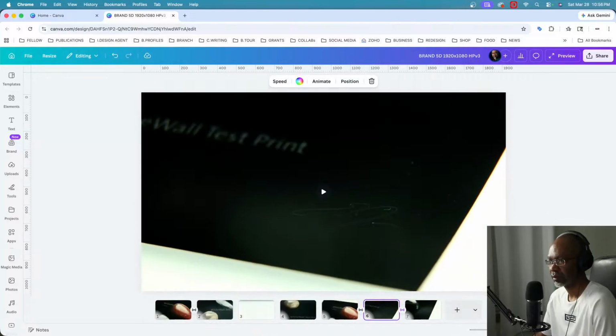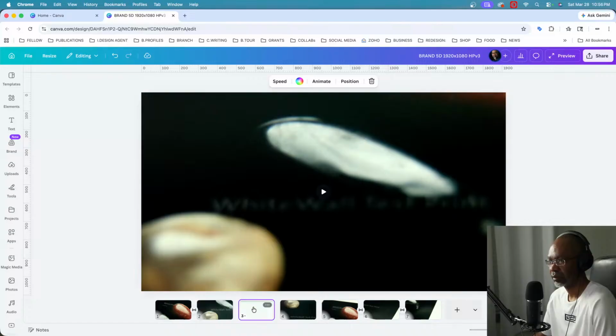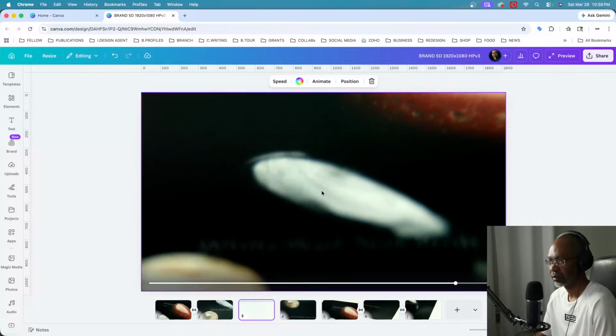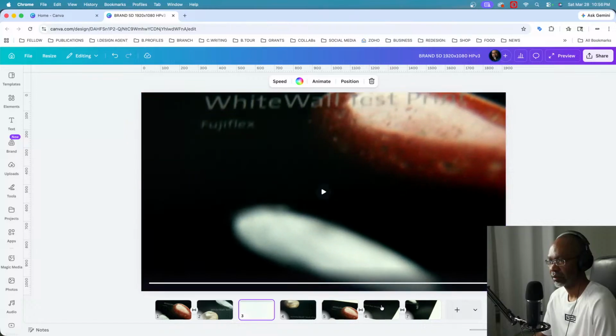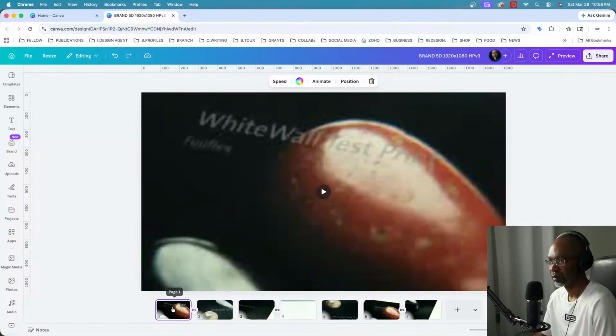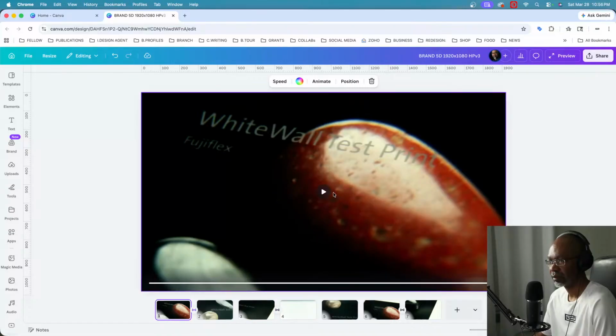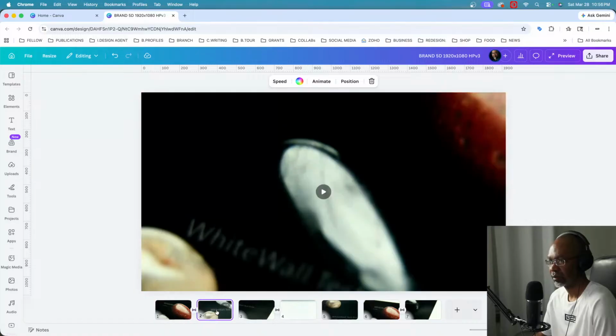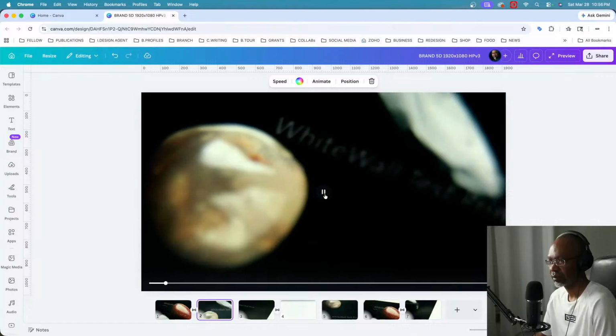Yeah, I think it's gonna have to be a gap in between them. So this one starts with the red. This one